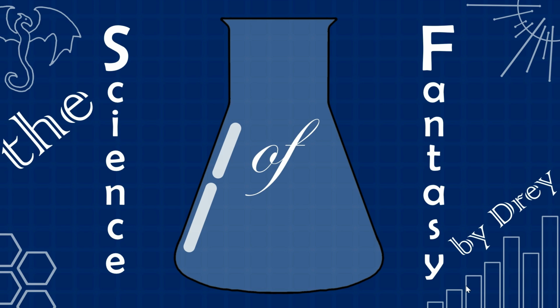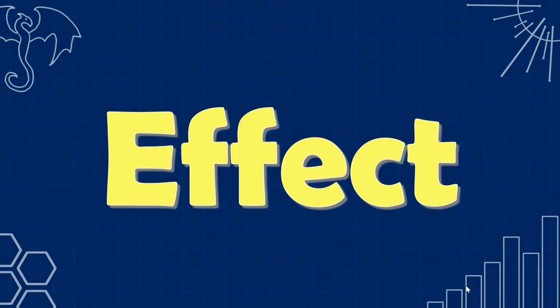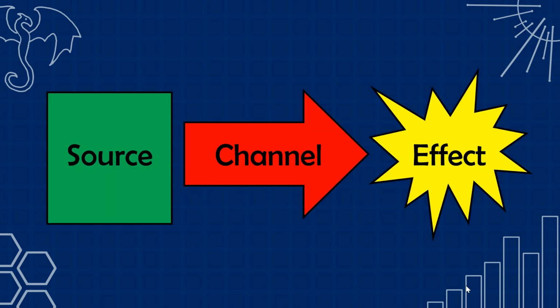In this episode, we are going to talk about an essential component of every magic system, the thing that remains in the minds of the audience after they read the book or watched the movie, the effect. As you may recall from my previous videos, the effect is the last part of the magic system, representing what it actually does. If you haven't watched the other Theory of Magic Systems videos, check them out, I'll leave the link in the description.